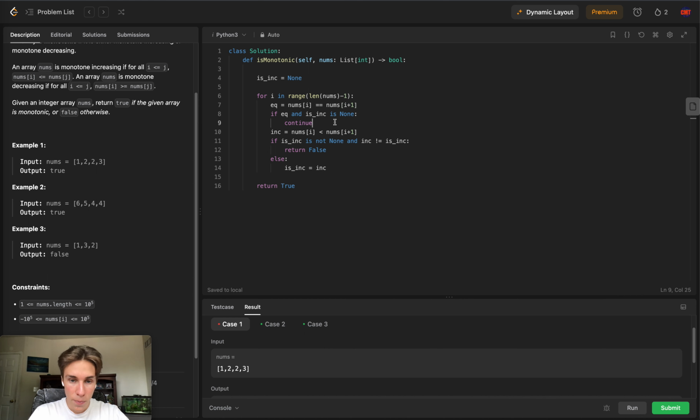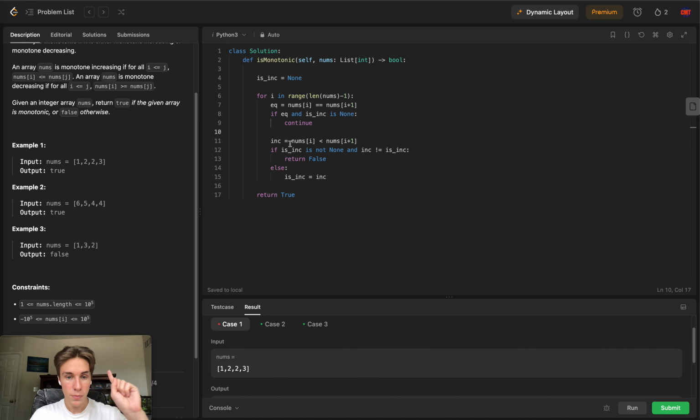So if both of these are true for every given moment, I simply can't do anything. I say continue. However, at some point, if equals does not equate to true, I will essentially at that moment find out if I'm a decreasing or an increasing array. And that I do with this value, increasing. Now, the first time that I set increasing to either true or false, I'm going to